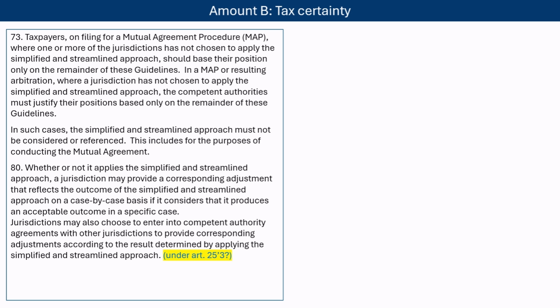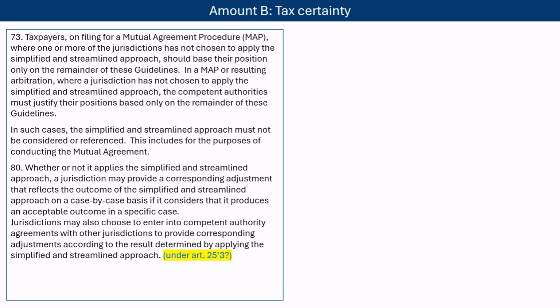Jurisdictions may also choose to enter into competent authority agreements with other jurisdictions to provide corresponding adjustments according to the result determined by applying the simplified and streamlined approach. And the language is a little unclear here, whether this means that jurisdictions can do that within a specific MAP case, or whether the OECD says, you know what, two tax authorities, when they conclude a treaty, can also have their competent authorities sign a mutual agreement on when it comes to distribution activities, this is how they will treat it. I hope it means the latter, because it will open the scope for applying amount B to a lot more cases,